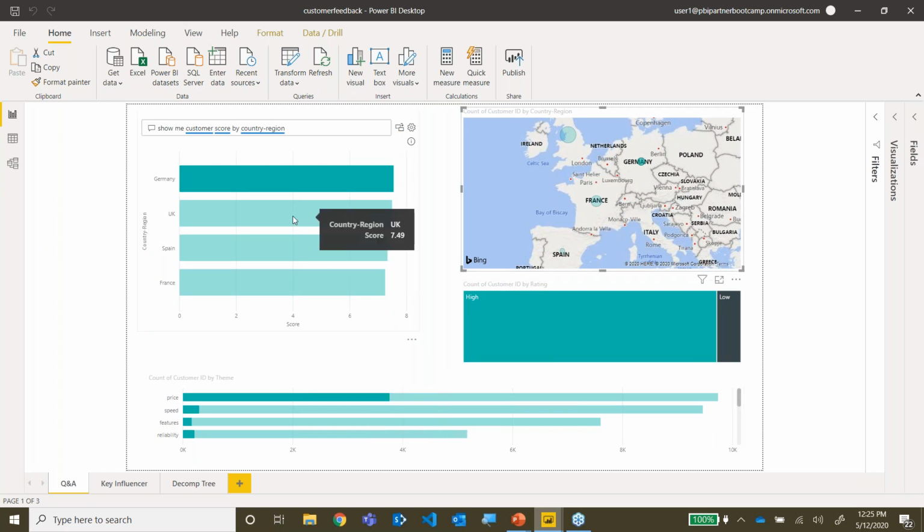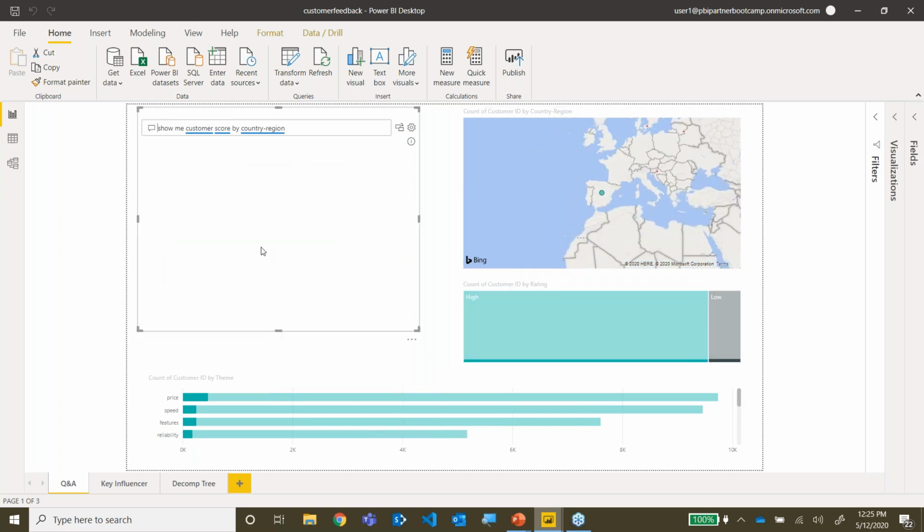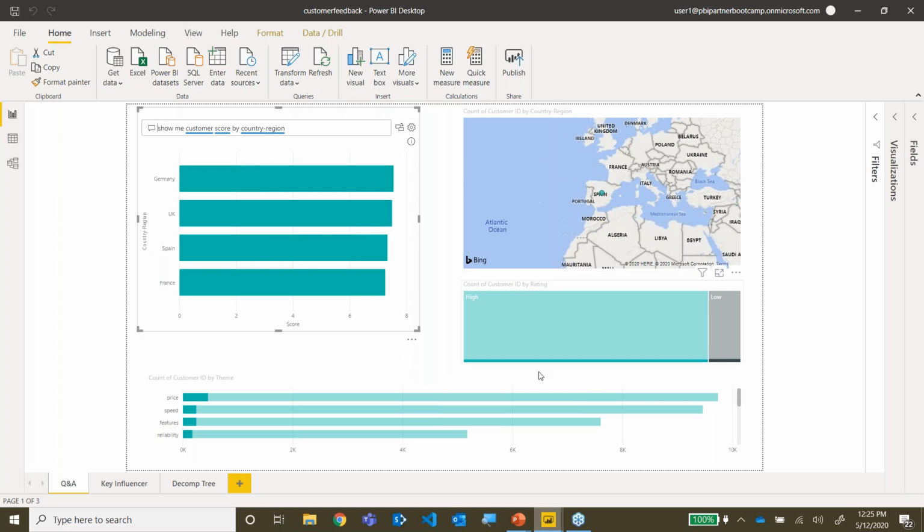Everything is getting pre-filtered, so I can do the same thing. I can click on Spain. It's going to show me the Spain data, and then the various ratings for Spain, and then by theme, how much Spain is. So you can see it's not only one visual that is created, but it's pervasive around everything else